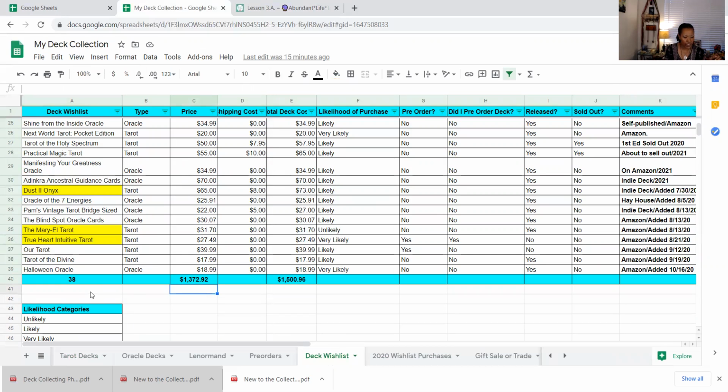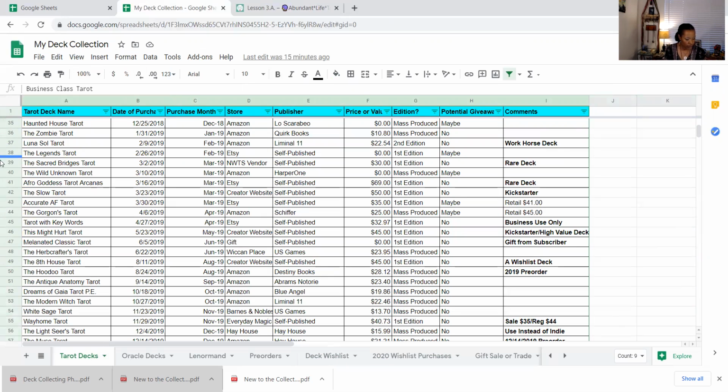So that might be when you want to update it, right? Or sometimes you want to delete a deck that you no longer love. You thought you loved it 6 months ago and you're like, oh, it's not my style. Or I see people are having issues with that deck and I don't really want to have it in my collection. So you might remove it then, or you might keep it on there. Sometimes I keep decks on there just because my feelings could change. So that's okay too. However you need it to work best for you. The point is to engage with it. All right, so let's see.